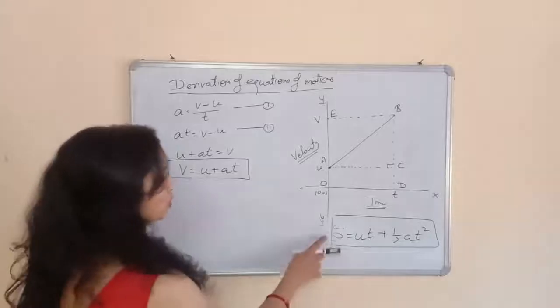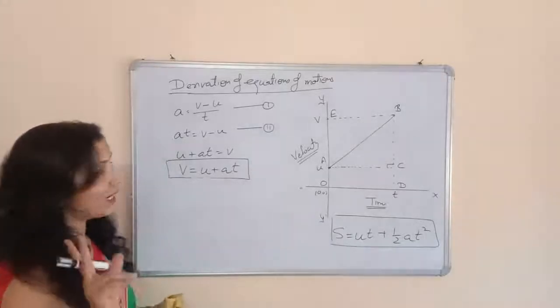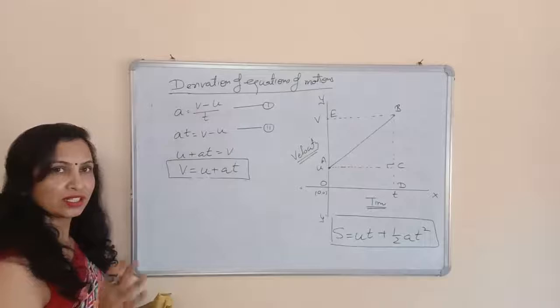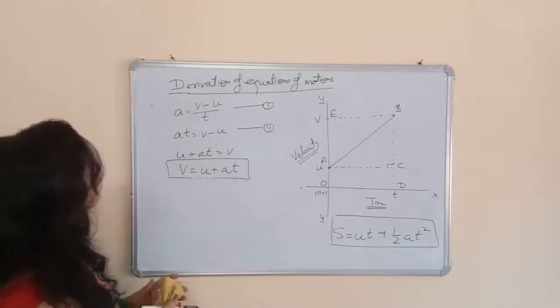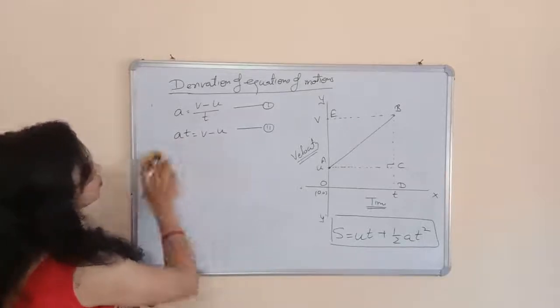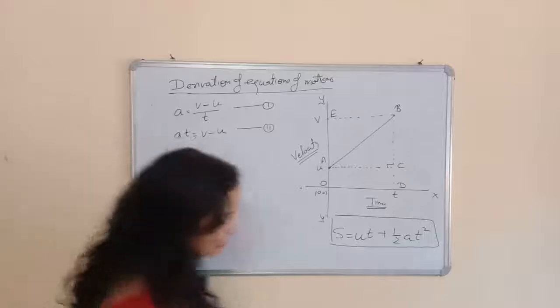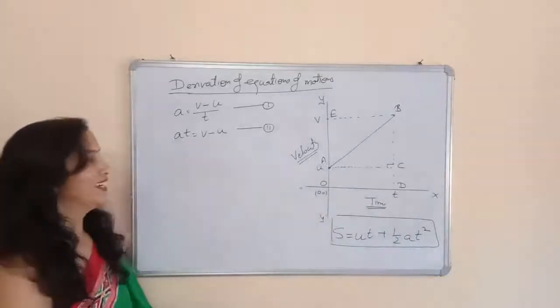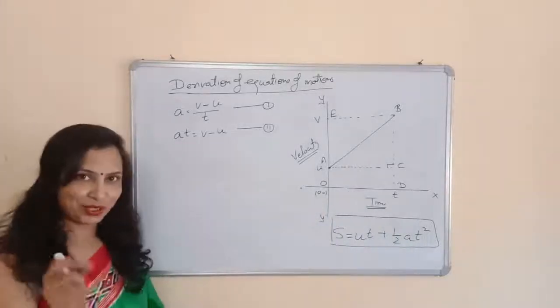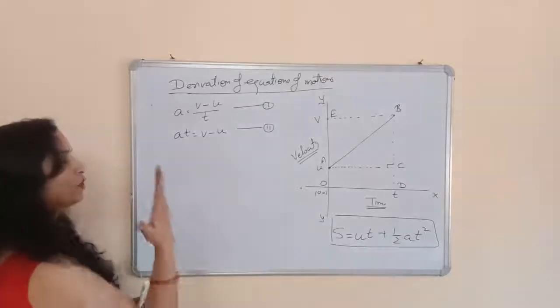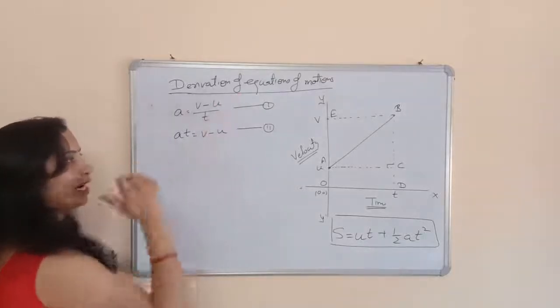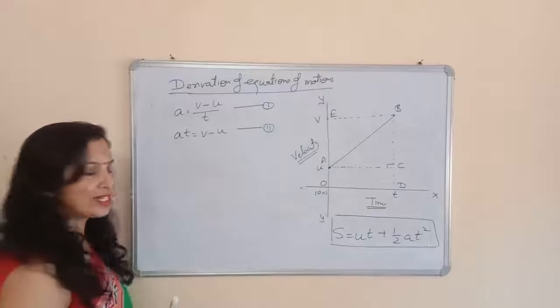Okay. So for the second derivation, again you do the first derivation like this. I am going to rub it because I need a space for derivation. I can't turn the pages like your notebook. So you can write the equations like first and the second equation. We will use this equation in second derivation.